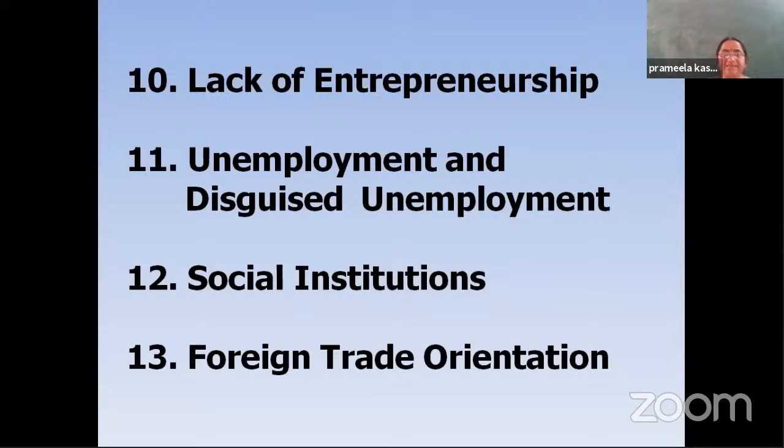So next, the 10th point in the characteristics of developing economies is the lack of entrepreneurship. We can find that entrepreneurs are important for development of the economy. Where skilled and efficient persons are available in the economy, automatically it leads to development. But in case of developing economies, we can find the lack of entrepreneurs. That means lack of entrepreneurial abilities in the developing economies. So why is entrepreneurship very backward in developing economies? Due to the poverty conditions